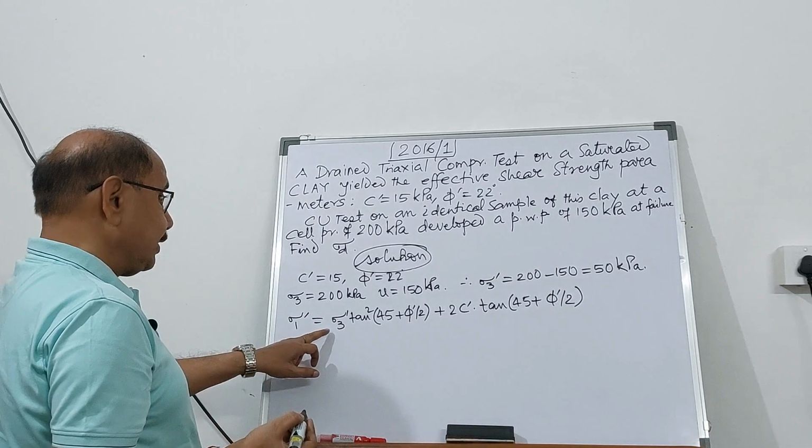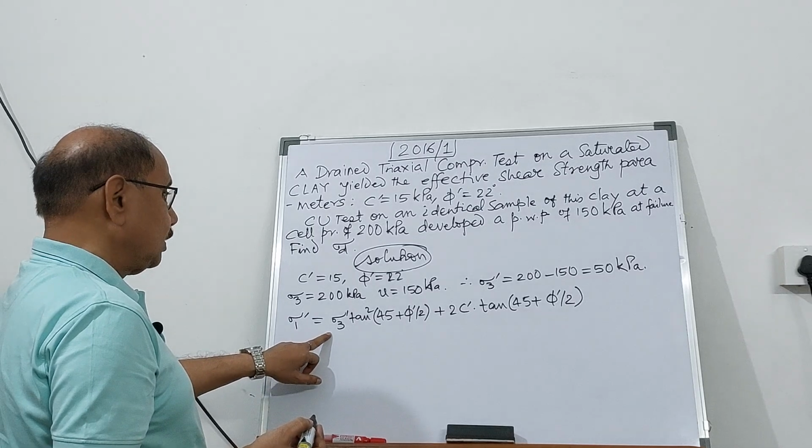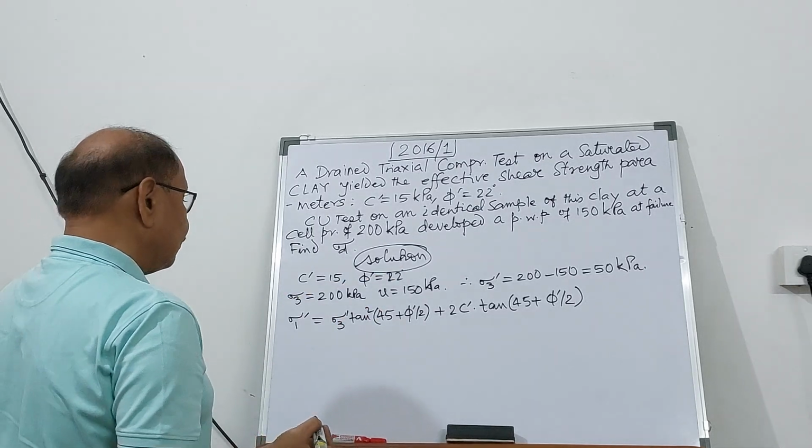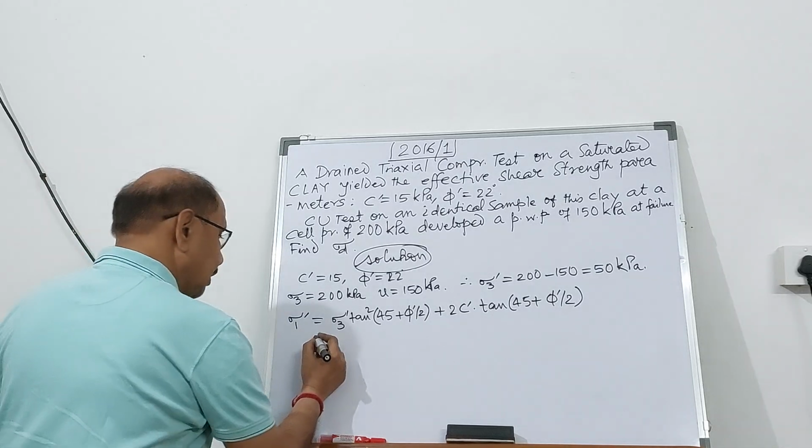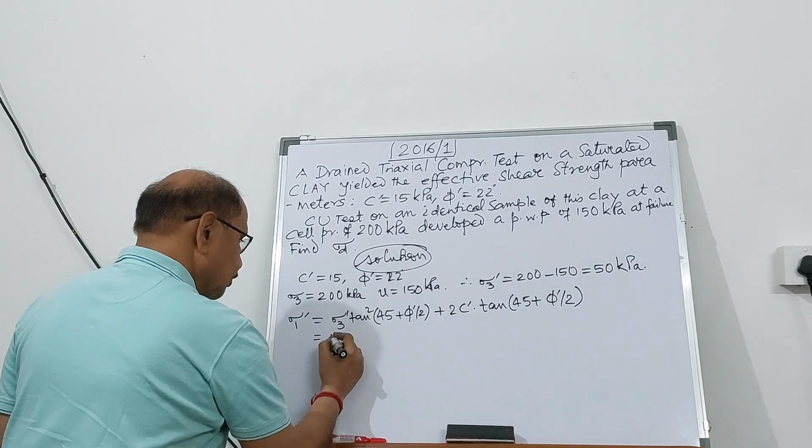Here you know already sigma 3 prime, which you have calculated. So sigma 3 prime is 50